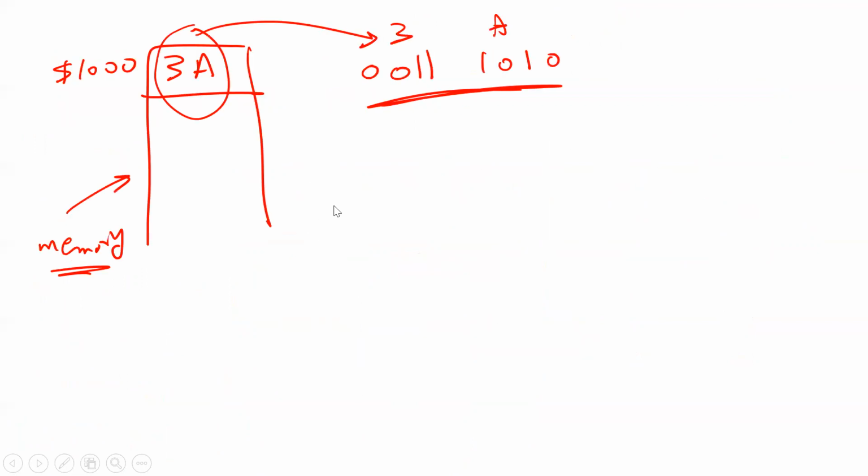Okay. For example, listen to me here, guys. As I'm going to explain later, if this is a memory, and in the location number 1000, I store this number 3A. So later in this course, if I tell you in this memory location I store the number 3A, okay, guys? Actually, I'm not storing 3A. I'm actually storing 0011 1010. But I'm not going to give you this one. I'm going to just tell you 3A.